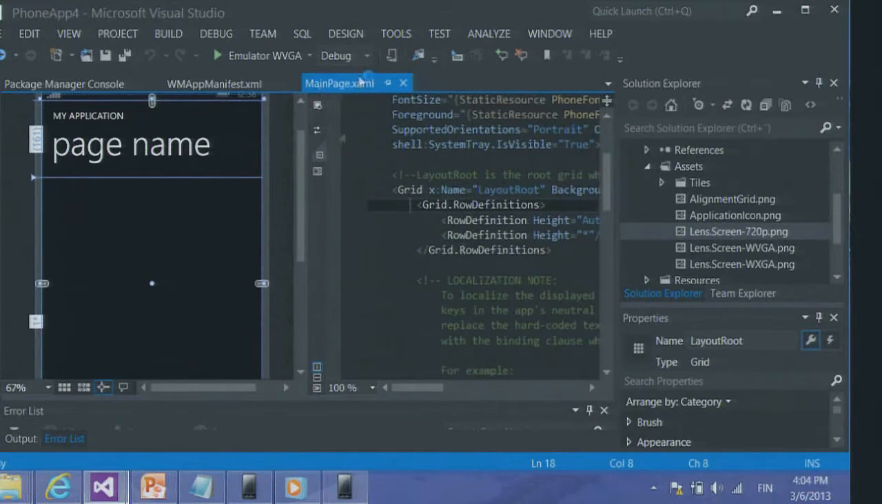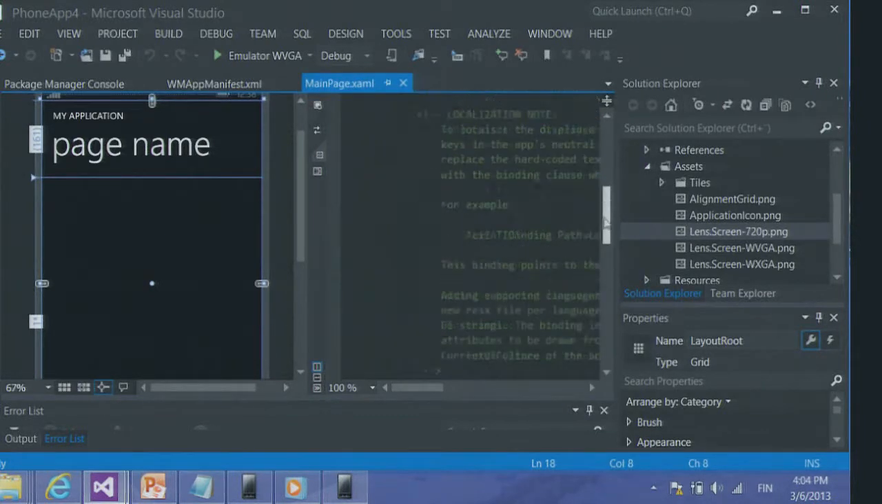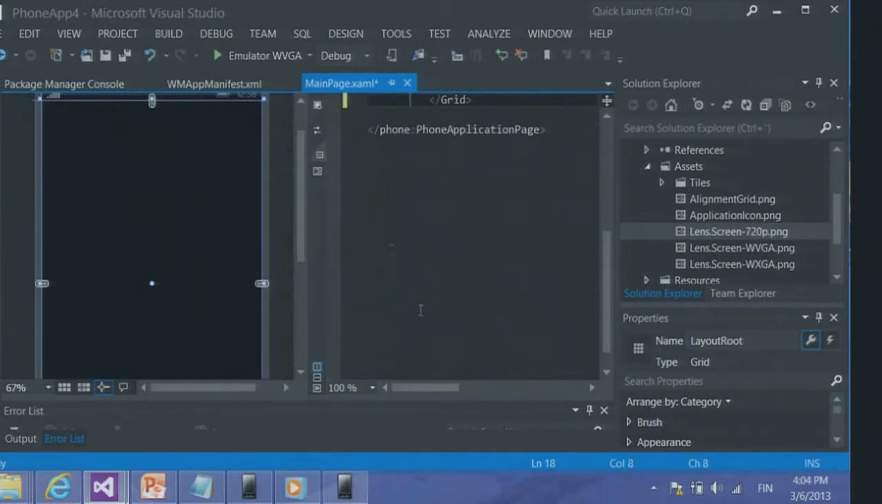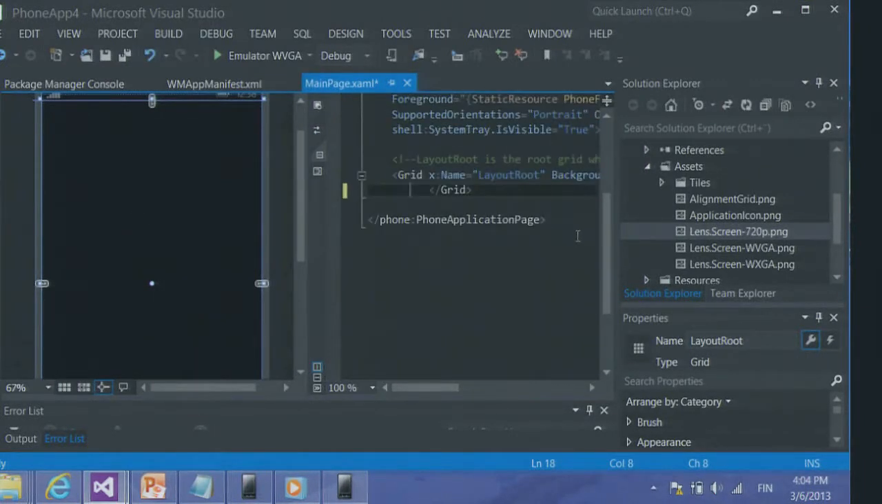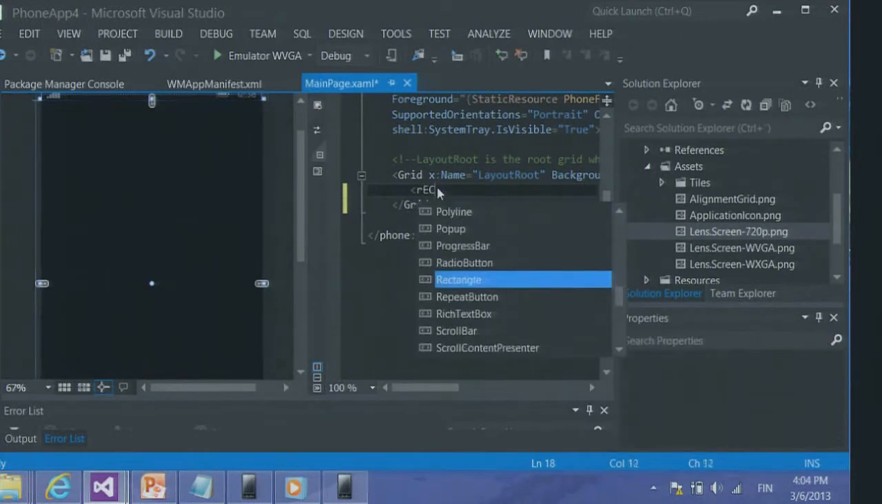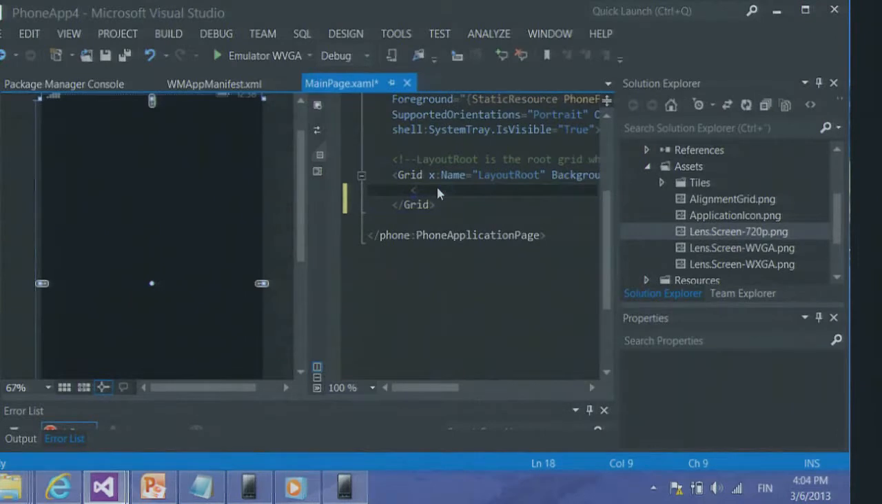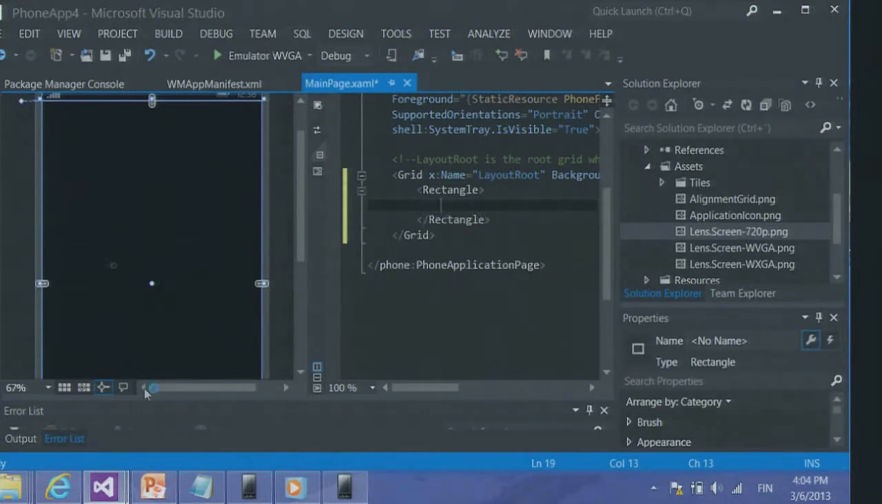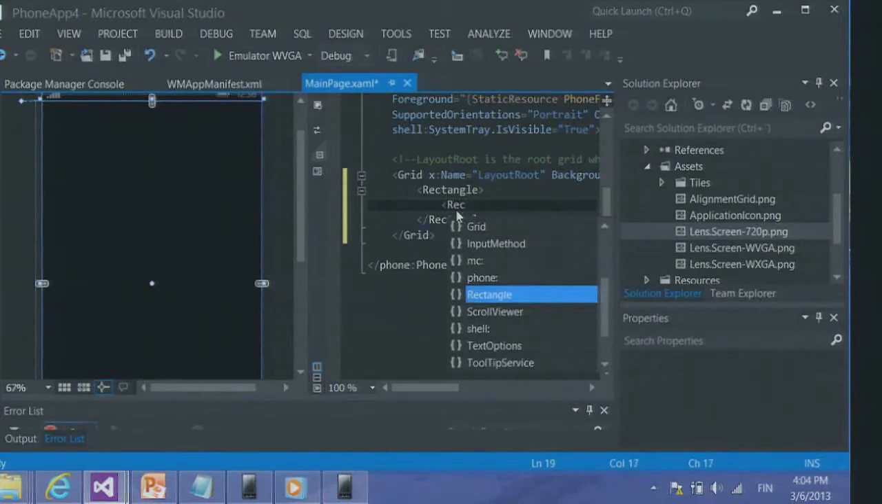Now I'm in my main page XAML file. I'm going to get rid of all this noise here. I don't want to have any. I just want to have a full screen of my viewfinder. So I'm adding a rectangle. That rectangle is also full screen. I'm going to fill this rectangle